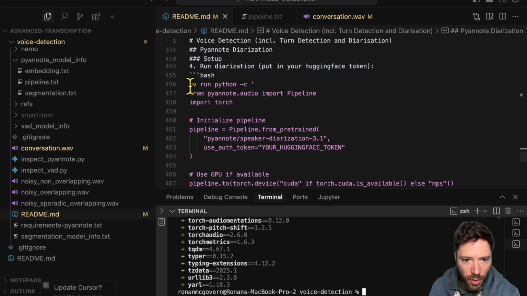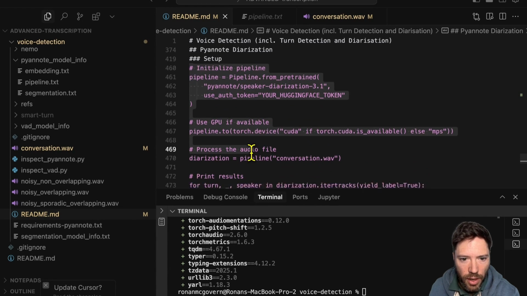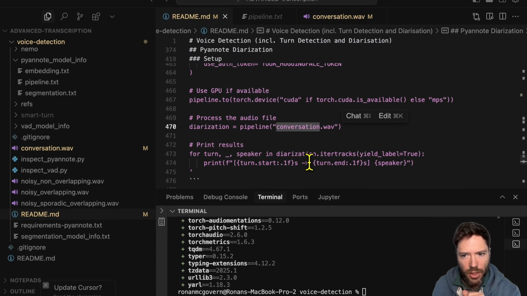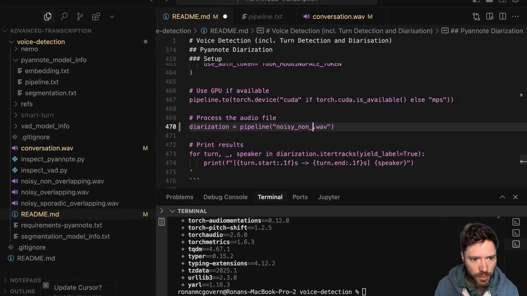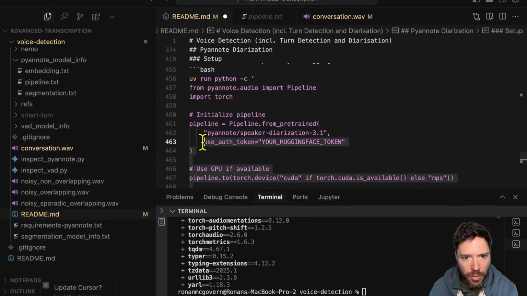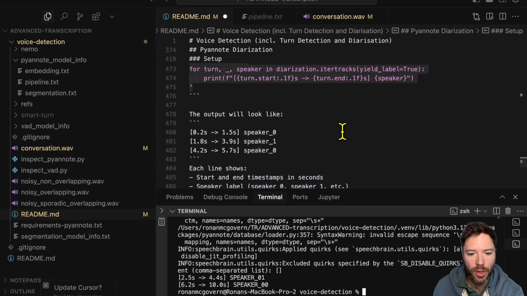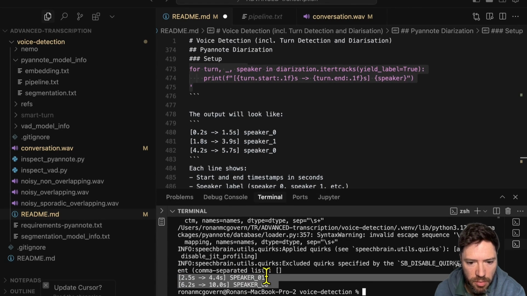Now, rather than record something new, I'm just going to run this script directly here, and I'm going to run it on conversation.wav. And actually, I'm going to run it this time on the noisy non-overlapping, just to see how it does. If we've no overlap, it should be able to identify the speakers. So let's run the full pipeline here. And it's going to convert into speech segments, get the embeddings, and then attribute the embeddings or those windows to different speakers. So here you can see it's outputting speaker 01 for 2.5 to 4 seconds, and then speaker 0,